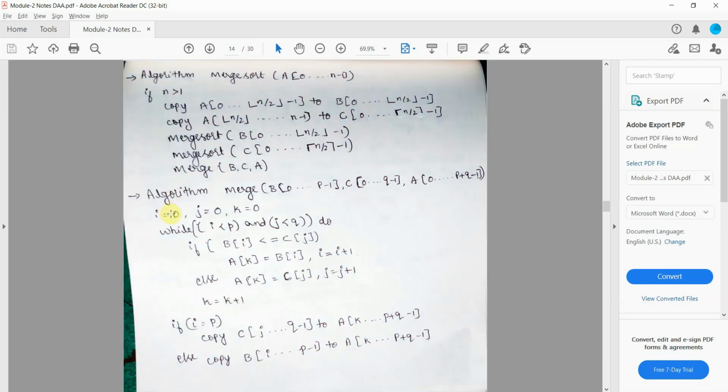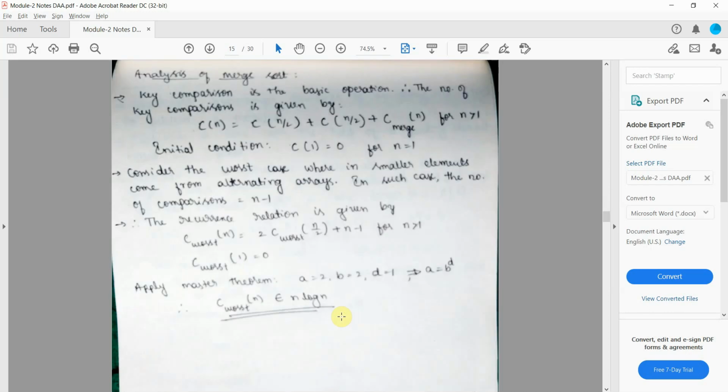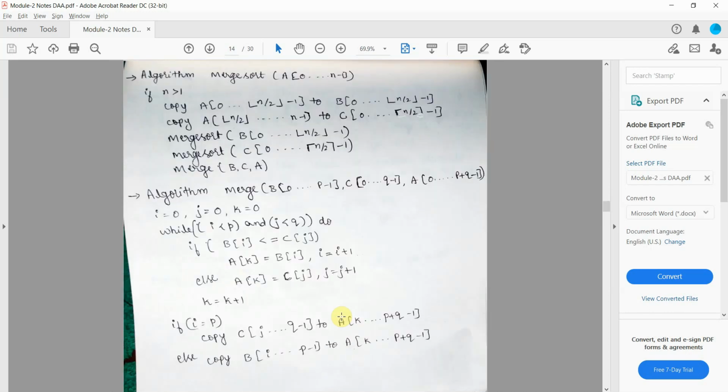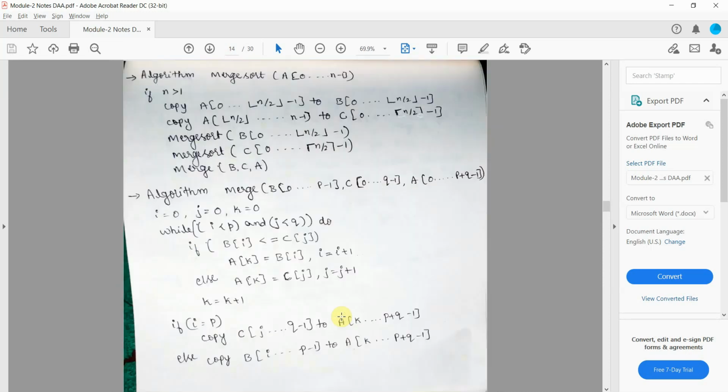Here the i index keeps track of the indexing for array B, j is the indexing for array C, and k is the indexing for array A. Finally, we copy the remaining elements of either subarray, B or C, into the array A. We have seen this algorithm with an example in the theory class. To better understand the algorithm and the merge sort Java program, we should first trace one example for merge sort.